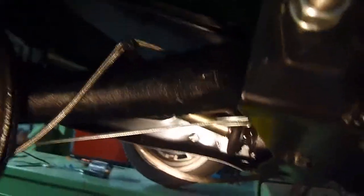What I wanted to show you was this. When you put these in, that was the thing with the brake lines. I've put this one in the wrong way round, so you can see that it's going up underneath, and that's not the way to go in, because what will happen is the suspension will catch it here. So I've just got it on loose. The way it should go on is like this, and I'll take you to the other side. You can see it. Okay, that's the way it should go on. It should come up under the arm and then over and then in. So as the suspension travels up and down,